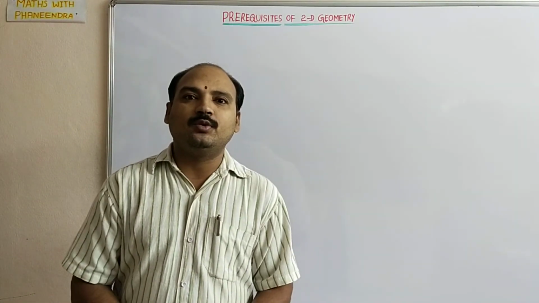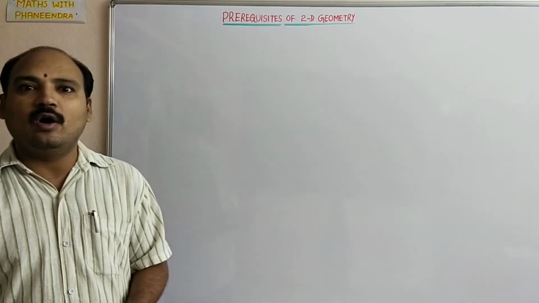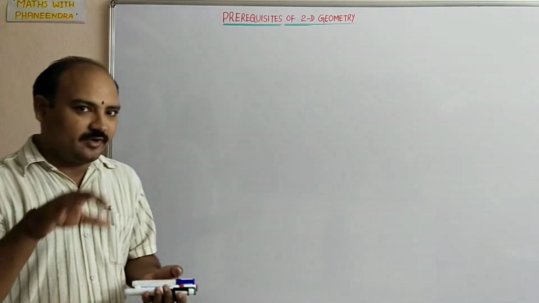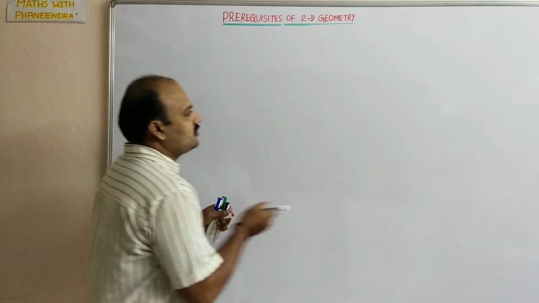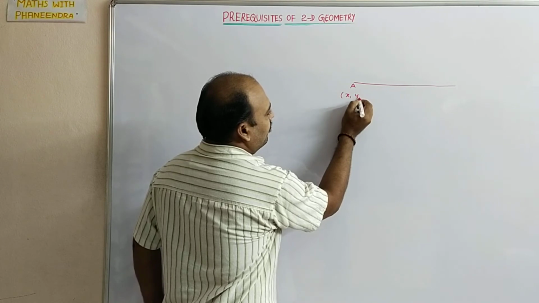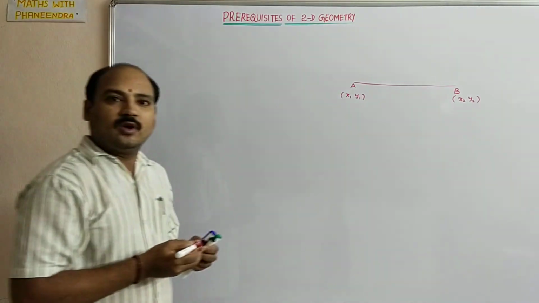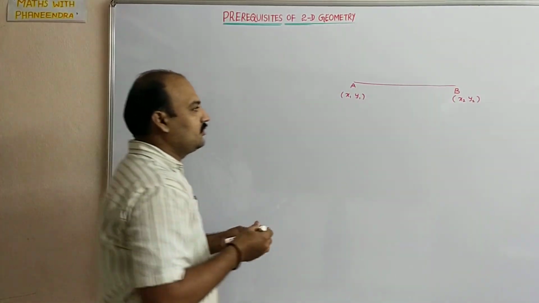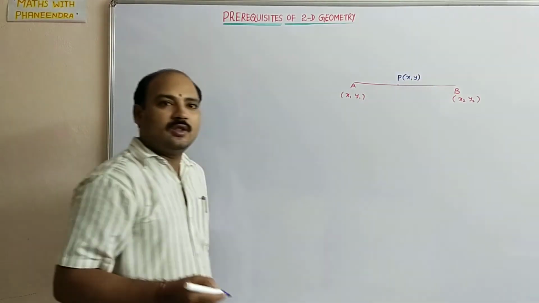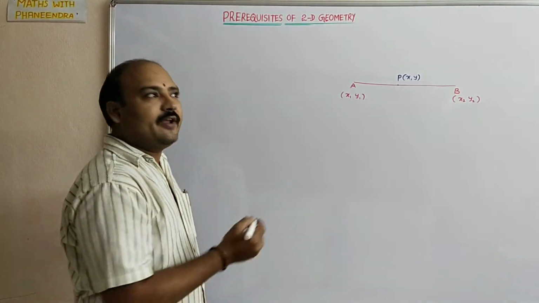Now, the ratio in which the point x, y divides the line joining of x1, y1 and x2, y2. In the ratio, this concept is very important, dear students. See here, this is the line joining A of x1, y1, B of x2, y2. The point here, P of x, y, divides the line segment joining these points in the ratio,